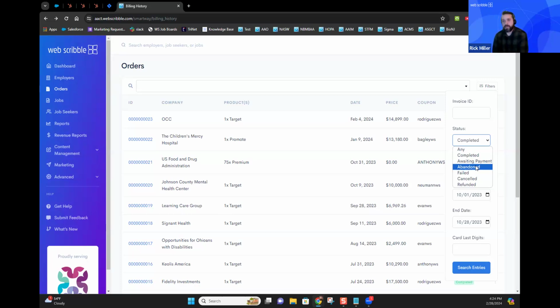And finally, refunded. Pretty self-explanatory. If an employer reaches out and says, "Hey, I thought maybe I wanted to post a job here. I purchased it, but I changed my mind. I didn't use my credit. Will you issue me a refund?" It's completely up to your folks' discretion as to whether or not you want to do that. I know some of you have different approaches to that. We contact our accounting department and we process the refund. It takes about anywhere between 1 and 3 business days, and that status will flip over from completed to refunded.